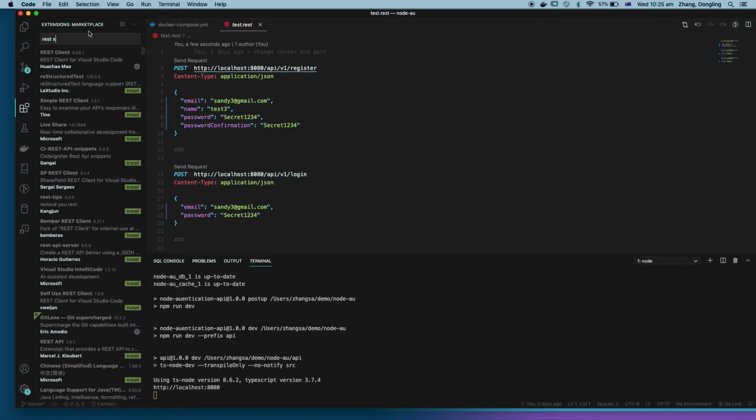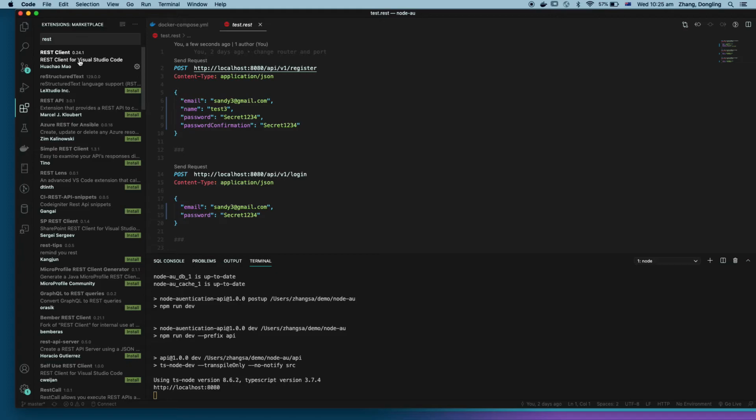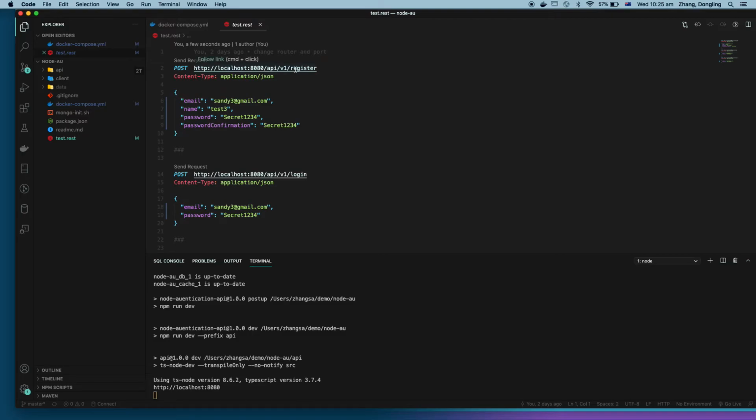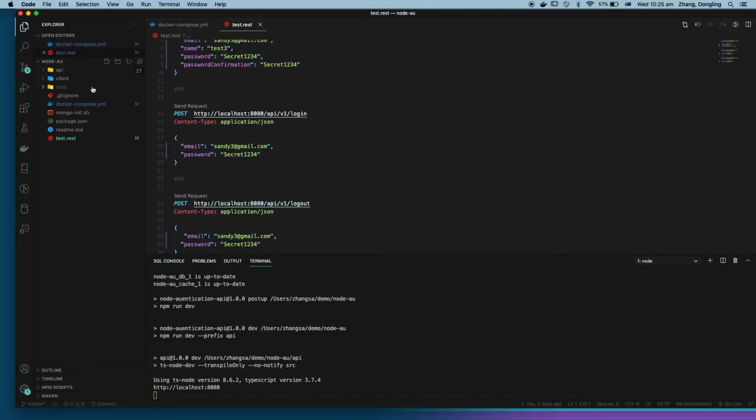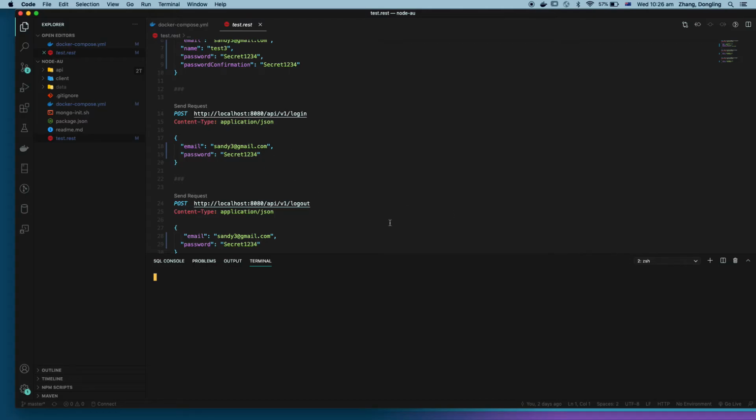Here, I have this REST client installed, so I could just type test.rest, anything.rest. So you could make API calls like in Postman. I already have a lot of register, login and logout requests set up, and this is already running. So if I make a request,